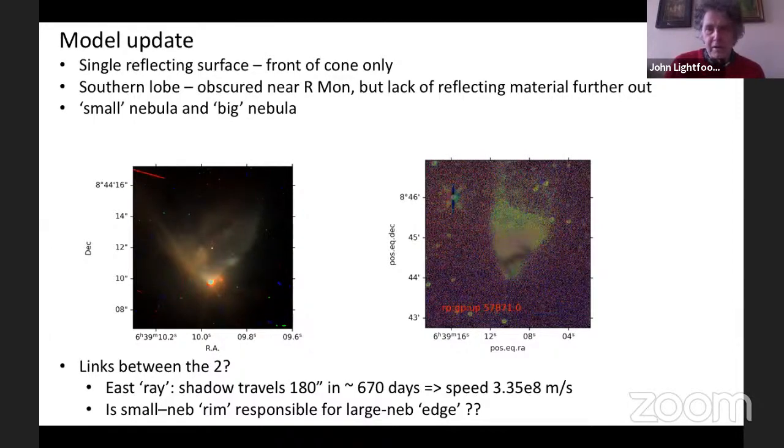The southern lobe is obscured near arm1, but is absent because of a lack of reflecting material further out. There is a small nebula and a big nebula, which are sort of associated with each other. And there, I think, it's possible to conjecture that there are links between the two. So this eastern ray that we can see developing in the small nebula, I think produces,